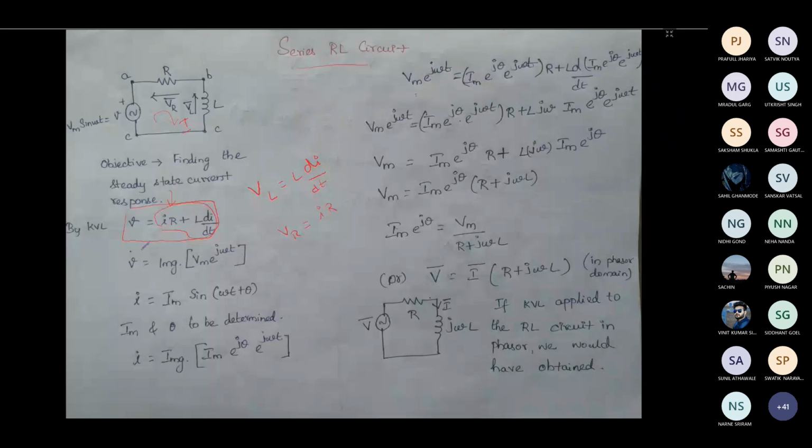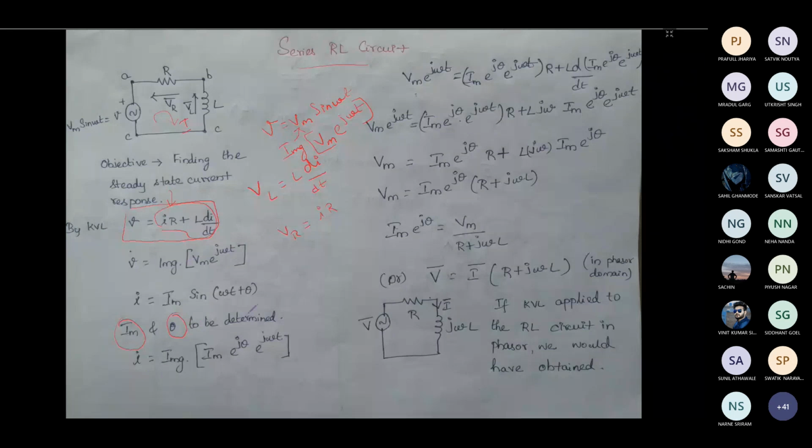Then again, from our previous knowledge, if we are applying V is equal to Vm sin omega t as the source voltage, this can be written as Vm e to the power j omega t, and then we take only the imaginary part of it. Similarly, for current you can apply, and this current can be given by Im into sin omega t plus theta. Our motive is to obtain Im and theta with respect to the voltage. That's what we are going to do.